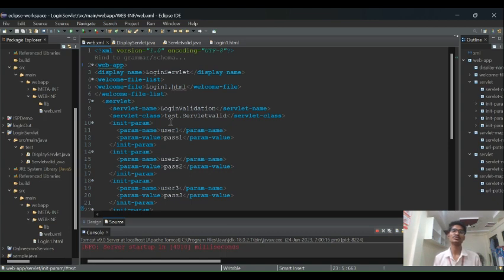If we are going to use other names instead of that index name, we are going to specify this name as login1.html. If you are using index.html here, we are not going to use this welcome file list tag. So have a look. And inside this servlet tag, we're going to specify the servlet name as login validation,